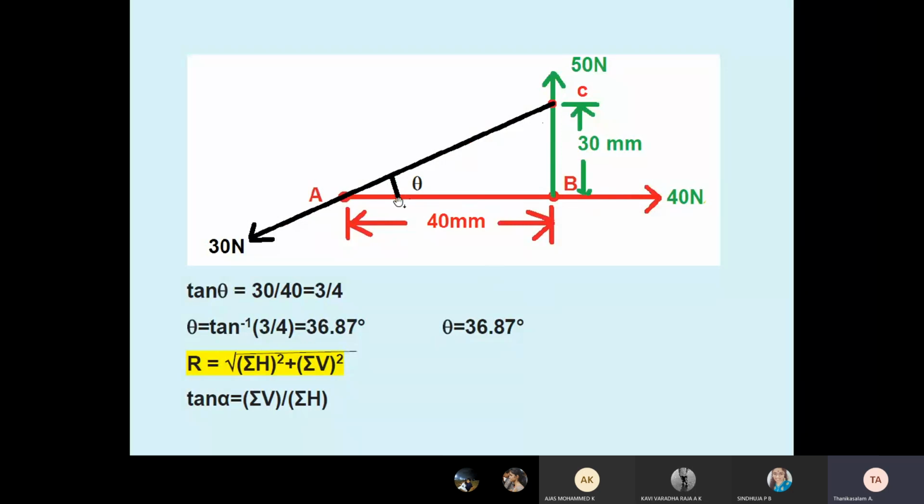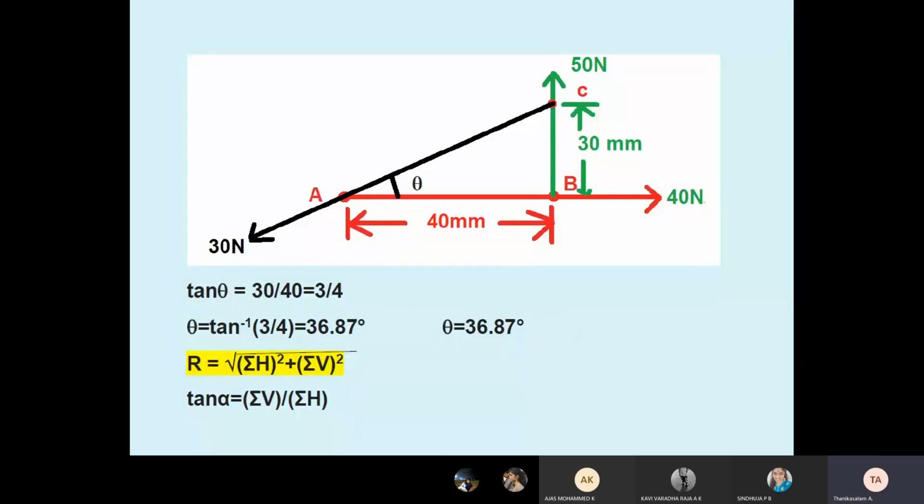So we know tan theta equals opposite side divided by adjacent side. So tan theta equals opposite side 30 divided by adjacent side 40. So 30 divided by 40 is 3 by 4. Therefore theta equals tan inverse of 3/4, which is 36.87. See, here theta means the angle of the inclined force. Students, understand? We calculated 36.867. If you do not know any angle, you have to use mathematical knowledge to find the unknown angle first, then proceed with the problem.